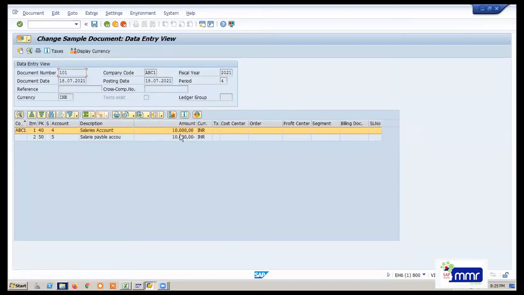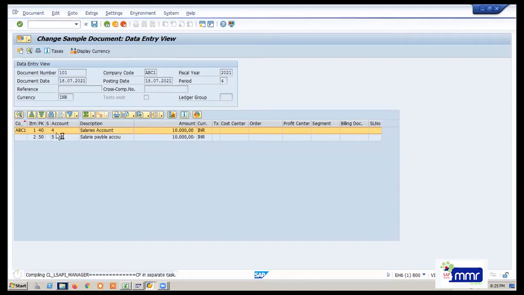See, you posted with 10,000. As you are aware, it should be 11,000. But you go and double click this. At the item level, you have to double click. Okay. The T code is, one second, I will tell you.